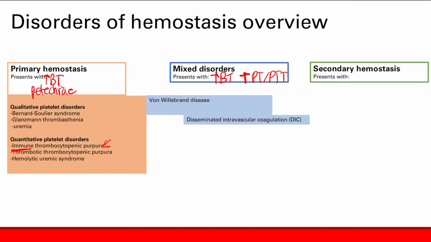And then secondary hemostasis, how does this present? Remember, on labs, you get increased PT/PTT. You can get deep tissue bleeds, deep joint bleeds, and surgical bleeding. And then what were the conditions? Remember, we had hemophilia A and B. That was a deficiency in clotting factors 8 or 9, respectively. And then we had vitamin K deficiency and clotting factor inhibitors. How do we diagnose clotting factor inhibitors? We just do a mixing study, and if their PTT doesn't improve with the mixing of blood, you know you have a clotting factor inhibitor.